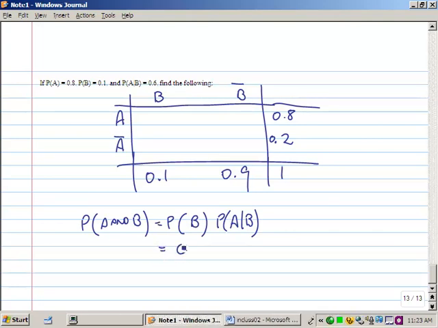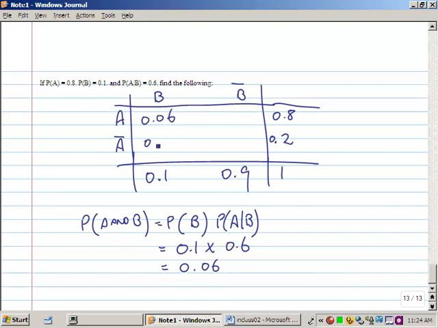So the probability of B was given to us as 0.1. Probability of A given B is given to us as 0.6. Alright, so it'll turn out to be 0.06, and that's the probability of A and B, which is top left